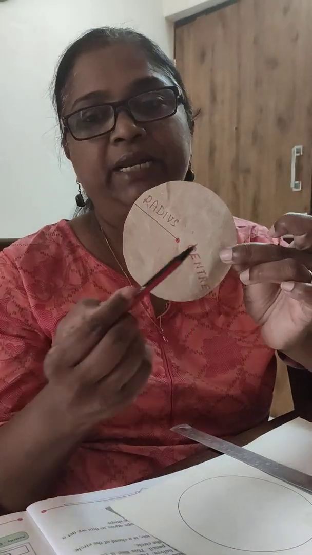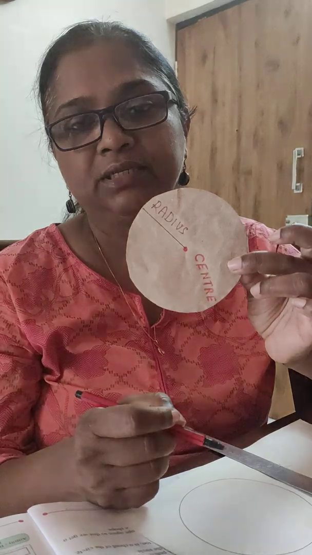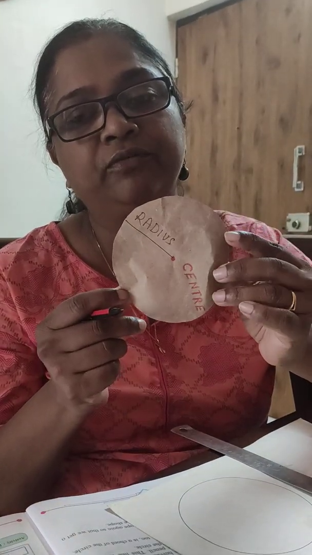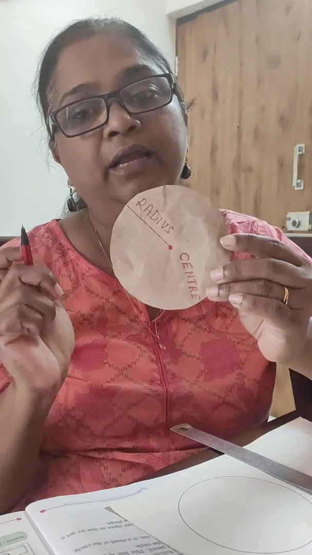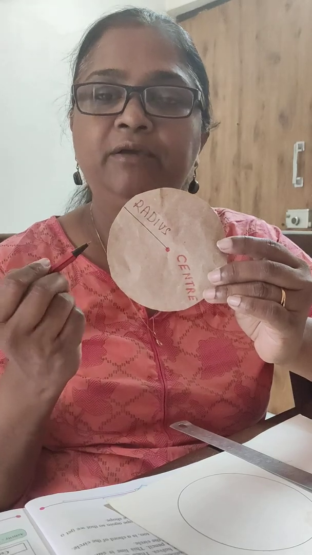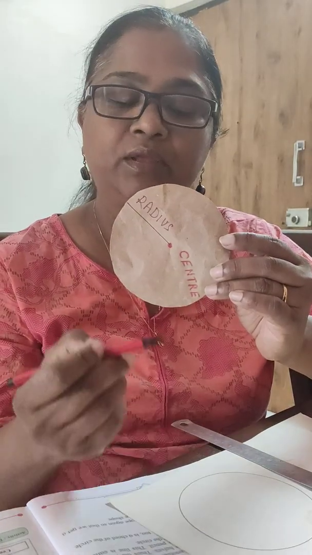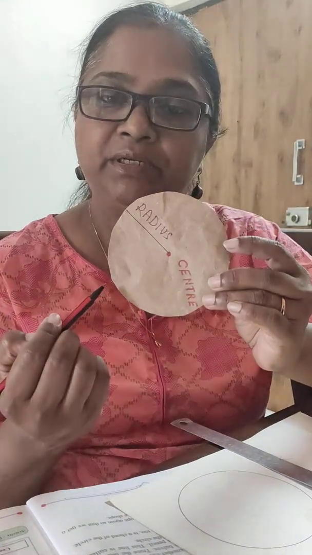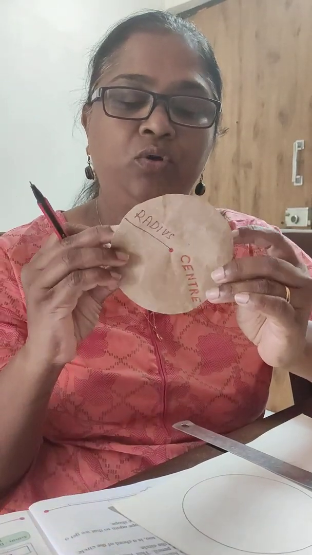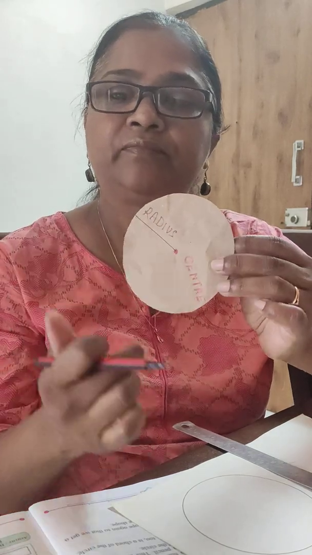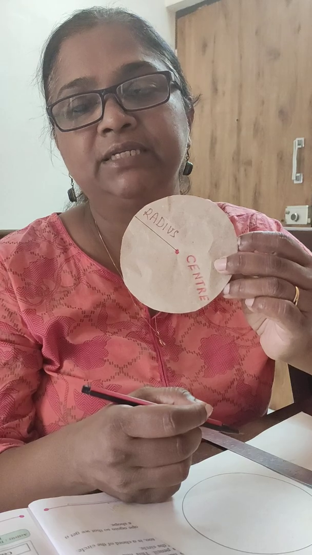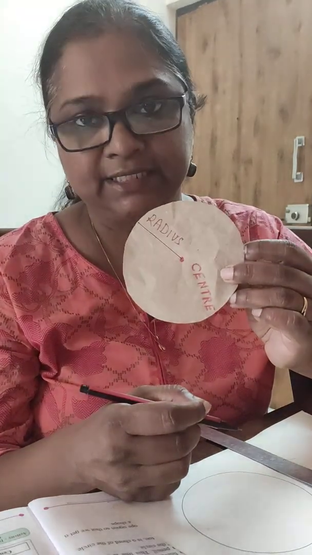That means if my diameter is 8 centimeters, the radius will be, yes, how much is the half of 8? It is, yes, it's 4. So the radius will be 4 centimeters long. If the diameter is 8 centimeters long, the radius is 4 centimeters long. Now, if I draw many lines, they will be called radii. The plural of radius is radii, not radiuses.